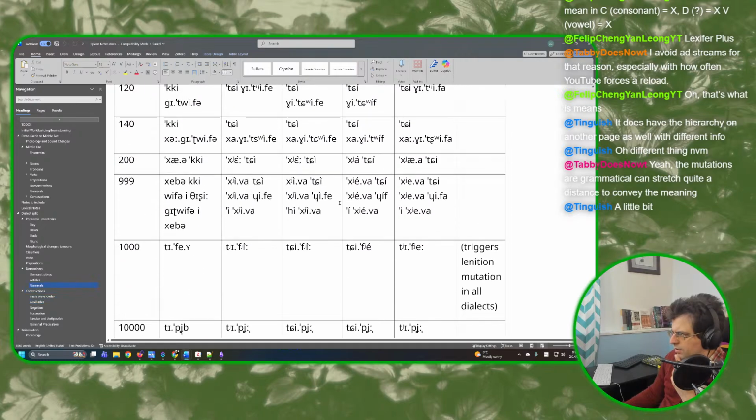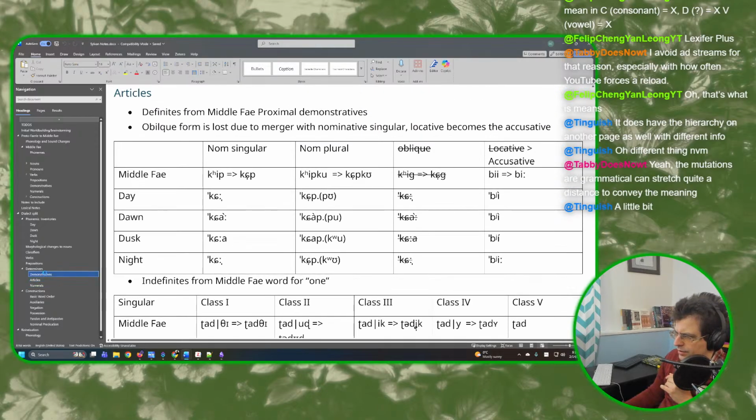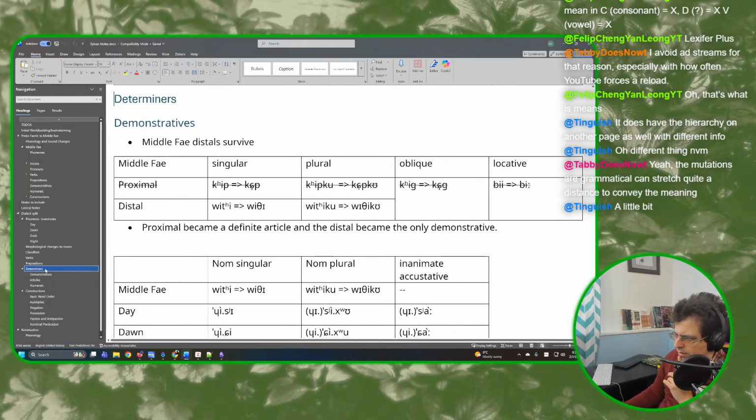So let's think a little bit more carefully about this. So we want determiners generally to be able to do this. Then we have